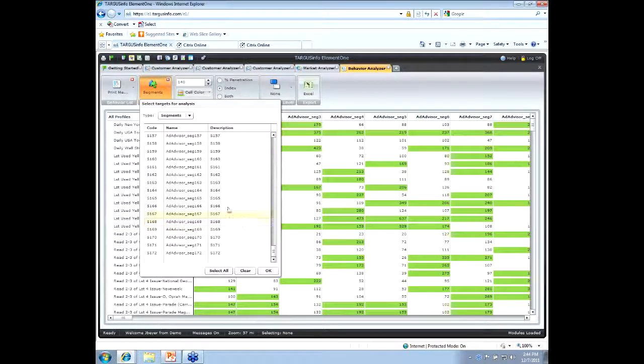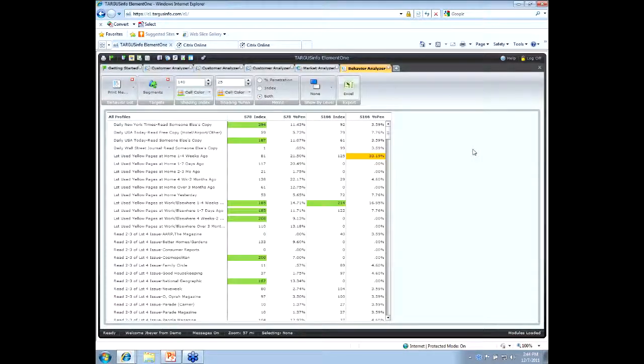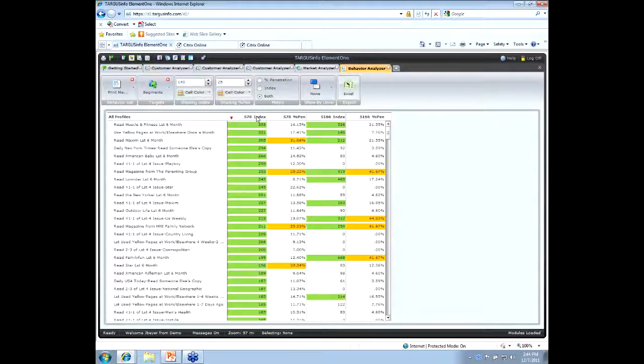And as a contrast, we also want to look at segment 166, which was, if you remember, the two segments most likely to buy this product or service, showing almost the exact same propensity to buy. But what I want to highlight here is within their media, within media planning and what they read, because we're looking at print here, they exhibit very different behaviors. And so I'm going to sort these based on the highest propensity by segment 78, which is these guys are reading Muscle and Fitness at a high index, which is also